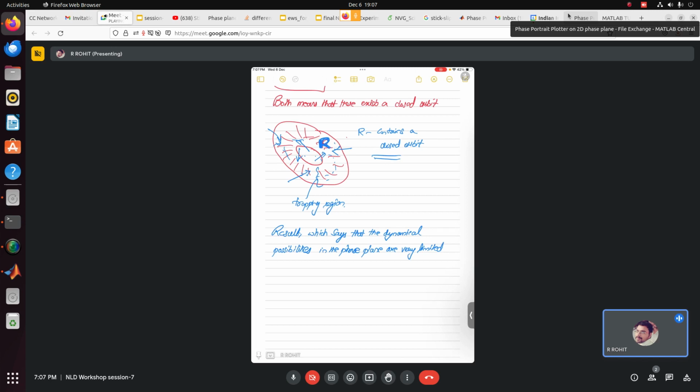So it's very limited. If a trajectory is confined in a closed bounded region that contains no fixed points, then the trajectory